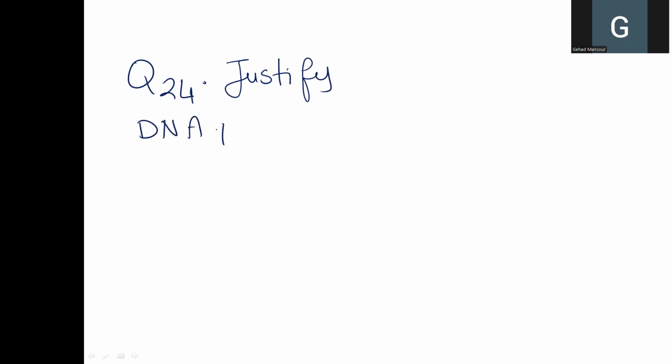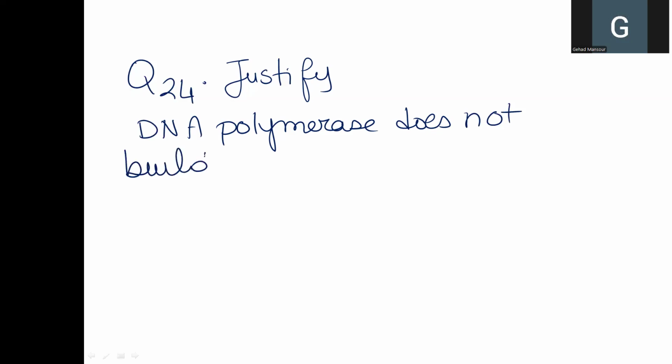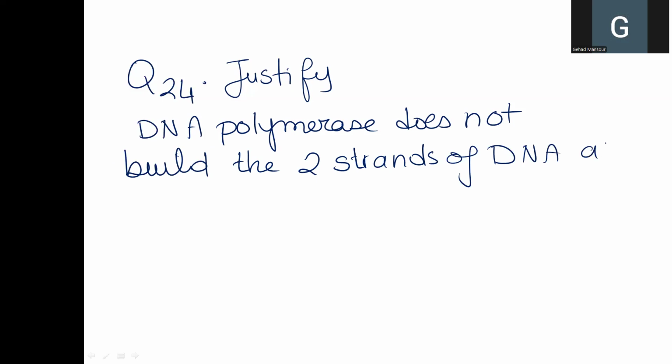DNA polymerase does not build the new strands of DNA at the same time. There is one that is leading and that occurs first, and another that is lagging and that occurs afterward. This is because the answer is: